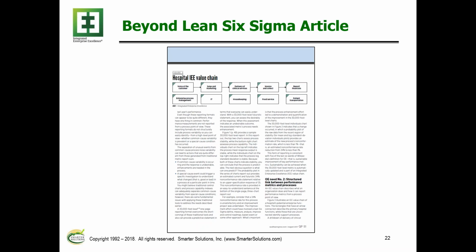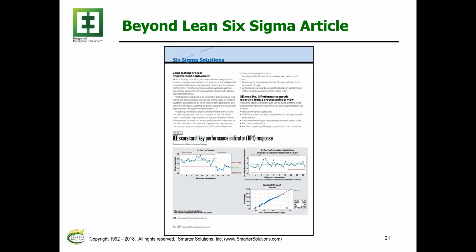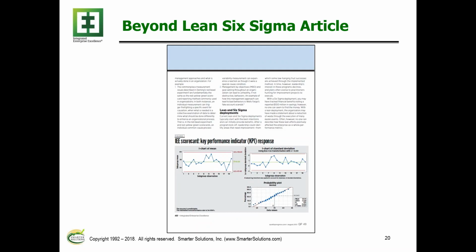So if we look at a metric and got common cause variability from this 30,000 foot level point of view, then we got to do something different to our process. And the proof of the pudding is we got a change and we can see what that looks like. So a 30,000 foot level chart looks like this. It's the one shown on figure number 1.